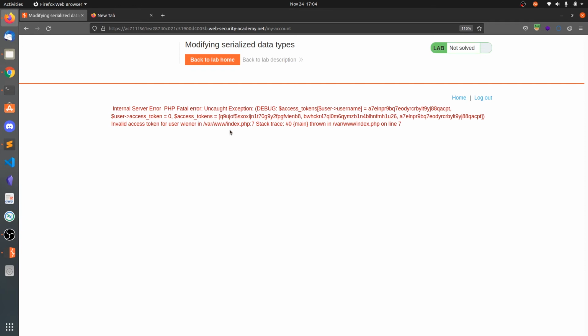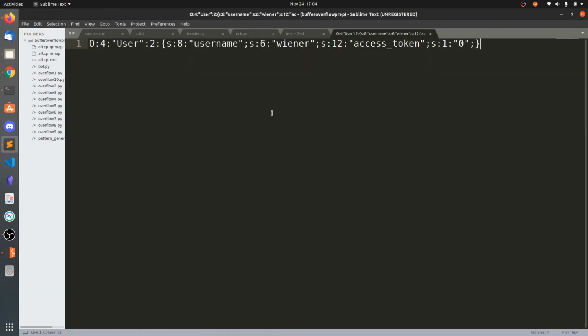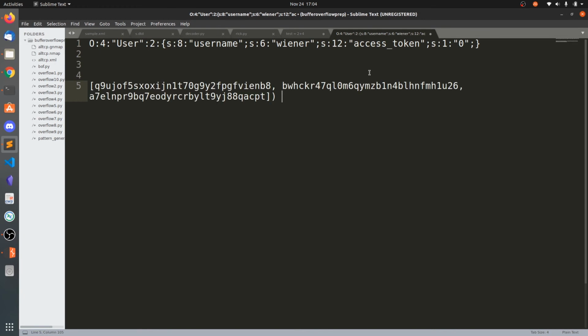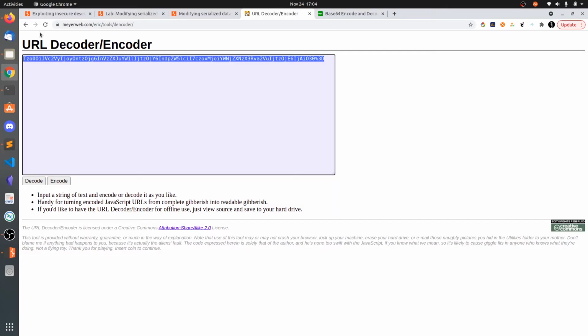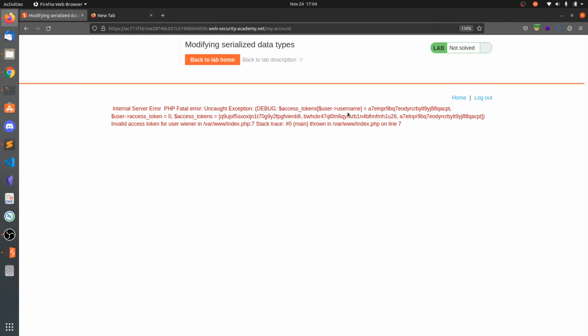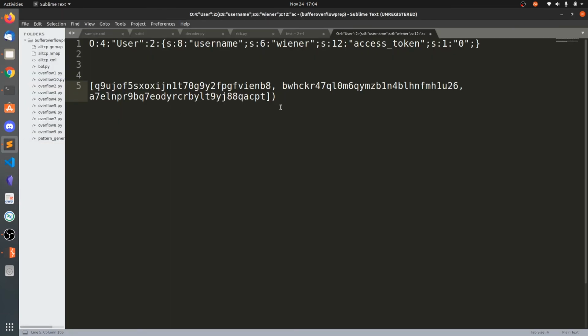So what you can do is you can just copy these tokens. So paste the tokens here. Access token username is this one. A7E is for our wiener user. So that remains the remaining first two.